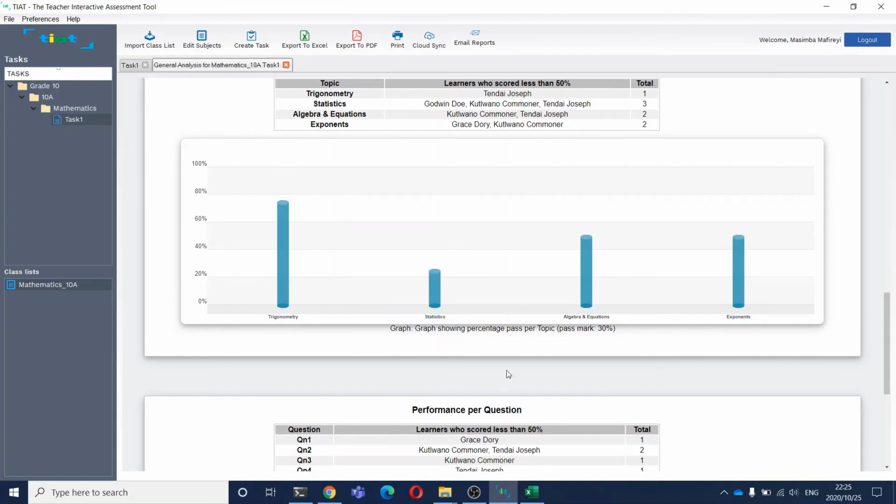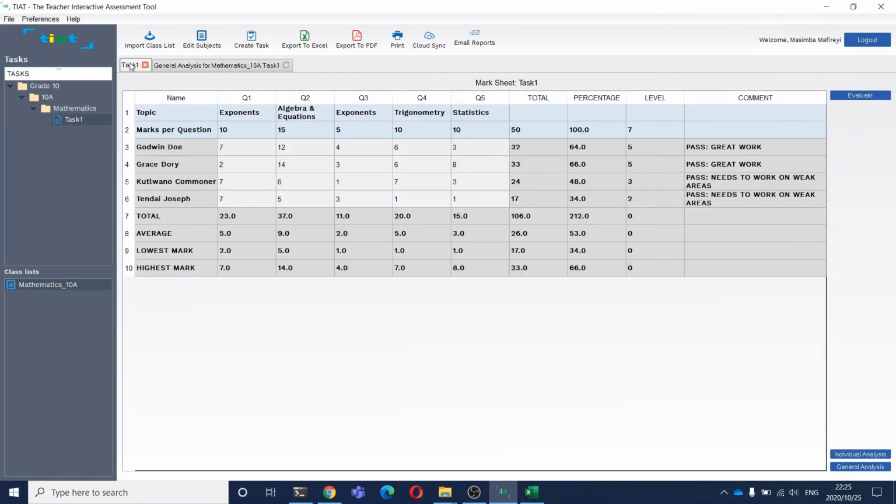You know that statistics is the topic that you need to work more on, followed by algebra, then exponents, and then trigonometry. So this tells you, as a teacher, how you're going to go back and do remedial work on which topic or which question. Another very interesting type of analysis that you can do for this task is